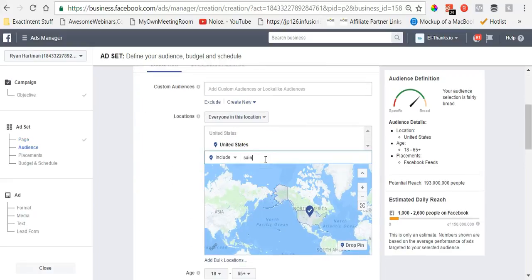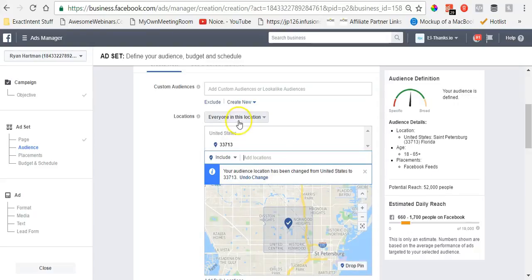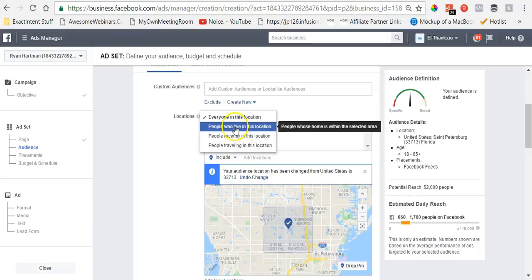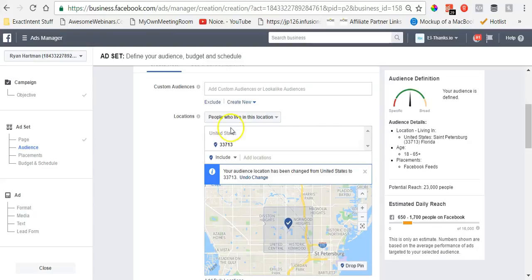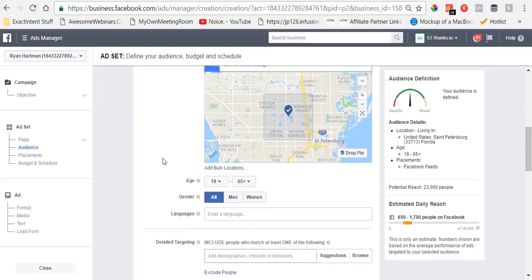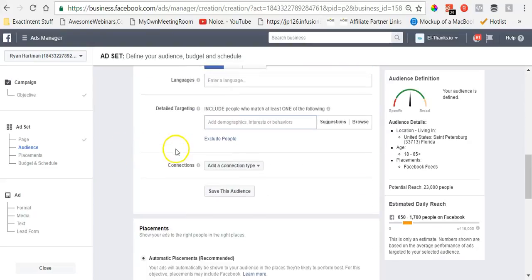Next thing I'm going to do is pick my location. I can get very specific. I'll pick a specific zip code. And I'm going to choose everyone who lives in this location right here. Okay? Next thing I'm going to do